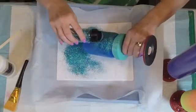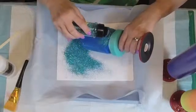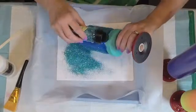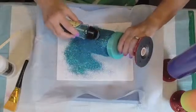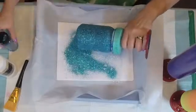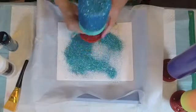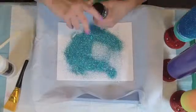Okay, and you just want to cover the whole thing, making sure you get the bottom and all those little edges. And I am catching the extra glitter on a piece of copy paper so we don't lose any of this glitter. Okay. Just kind of bang off that excess, check and make sure we've got everything covered, and we do. So I'm going to set this here while I put the glitter